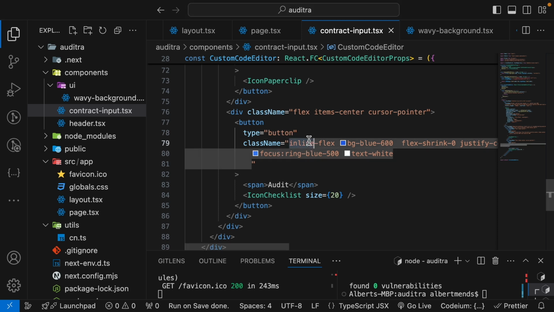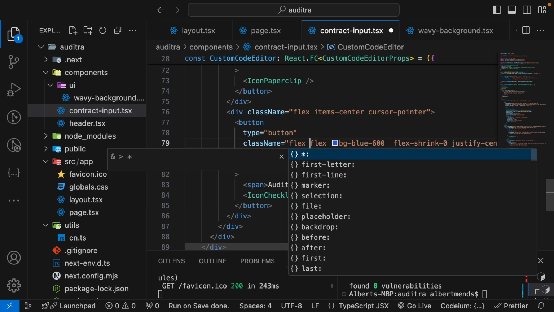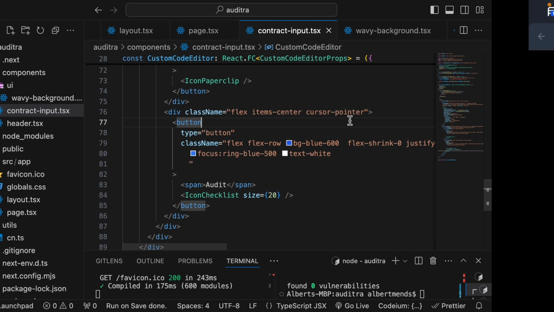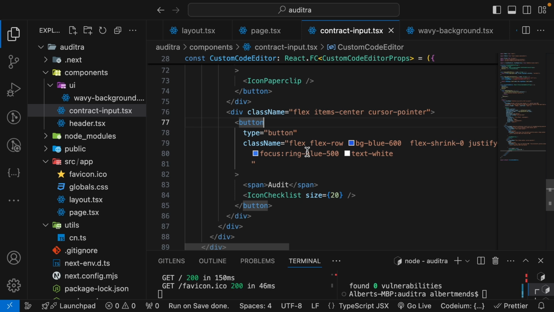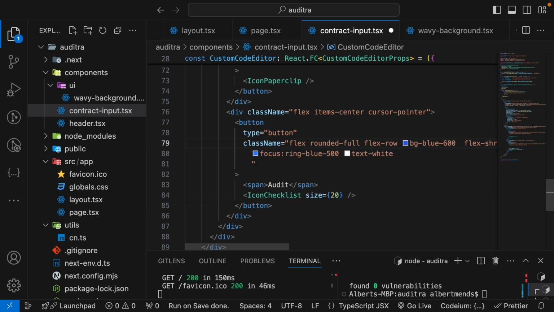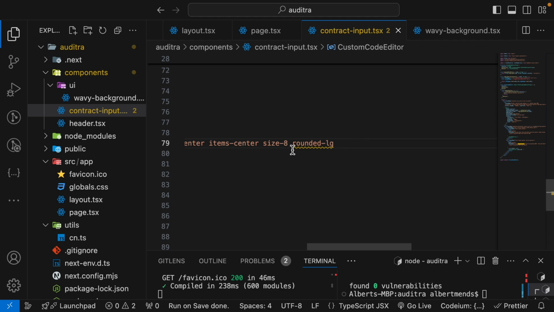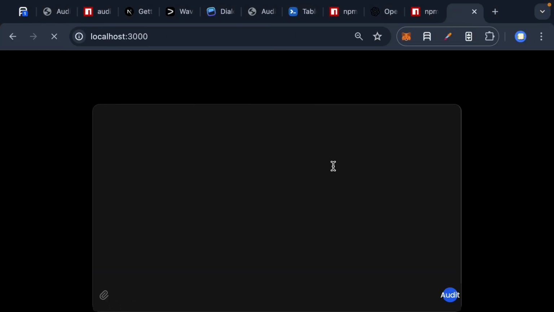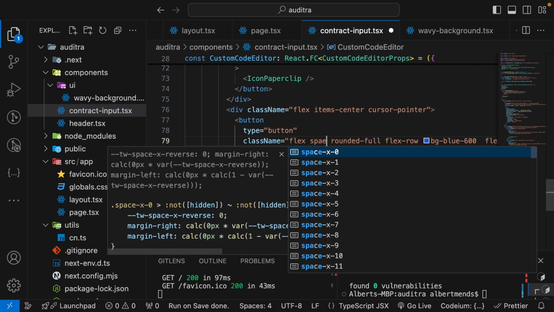So we are going to change this inline-flex to flex and flex-row. We save that, and we are also going to give the button a rounded-full to create that pill effect. So we get rid of the large, and then we use the full. So we add space-x-2,